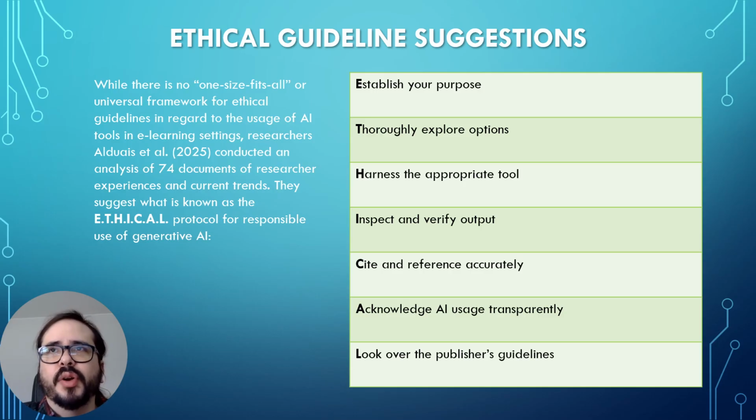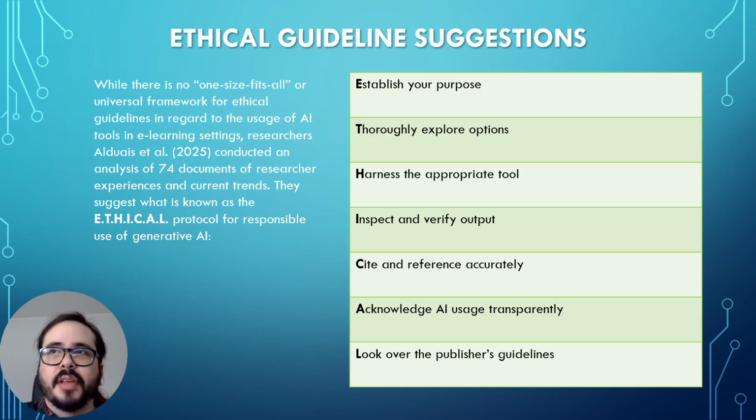This involves avoiding plagiarism, something that we do on a regular basis here in this class for APA guidelines. So this is no different here when it comes to using AI tools as well. Acknowledge AI usage transparently. Once again, this involves letting the instructor know exactly what was used, how much was used, where it was used, to avoid misconduct and plagiarism.